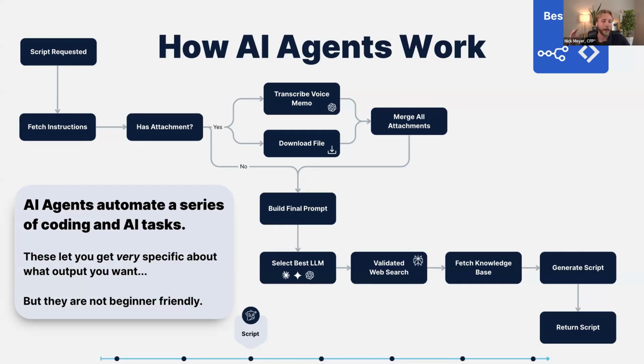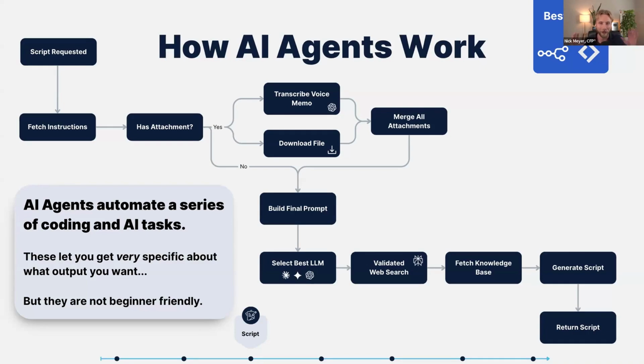AI agents, on the other hand, you can think of them like seasoned senior employees. Their context windows are much bigger, so you can shove as much information into them as humanly possible, and they're going to be able to retain it. They're going to be able to understand exactly who you are, who your business is, what your thoughts and opinions are on different topics. Plus, I would argue more importantly, they're able to be expertly trained on the exact task that you need them to do. So in this case, this is video scripting. So even with one of those level 0 inputs, your output's going to be like 95+% of the way there whenever it's given to you. Like there might not even be any edits that you need. So AI agents are a lot more powerful.